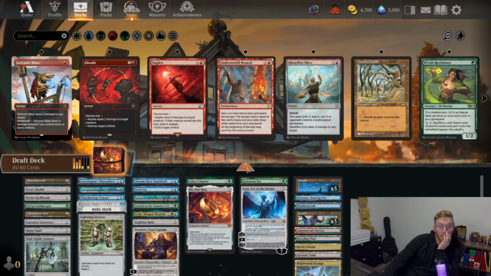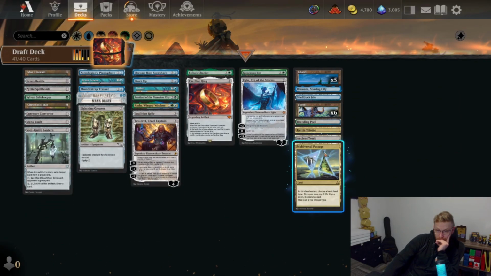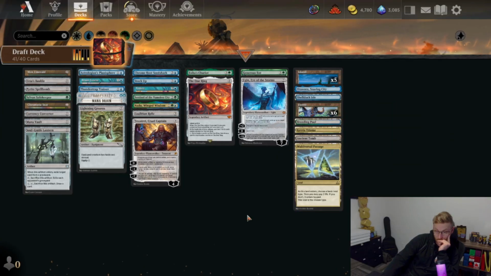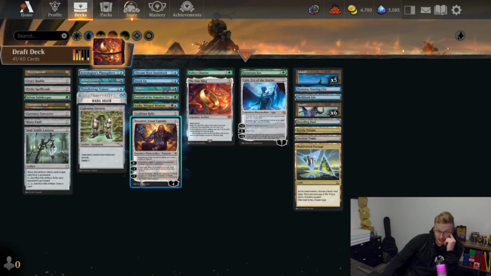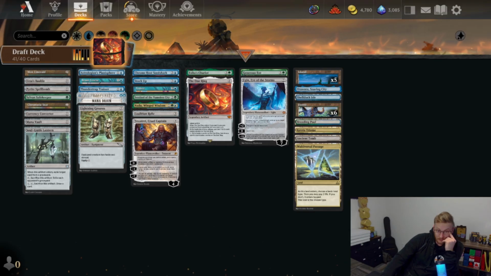What's this, 40 cards? 41. So let's get rid of Commercial District. Seems fine. Sylvan Safekeeper, I suppose. I'm only playing 6 creatures? Yikes. Is that even worth it? I mean,